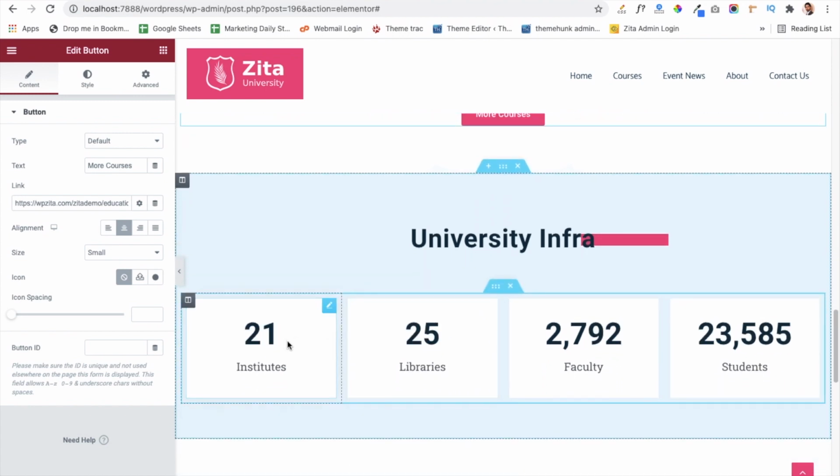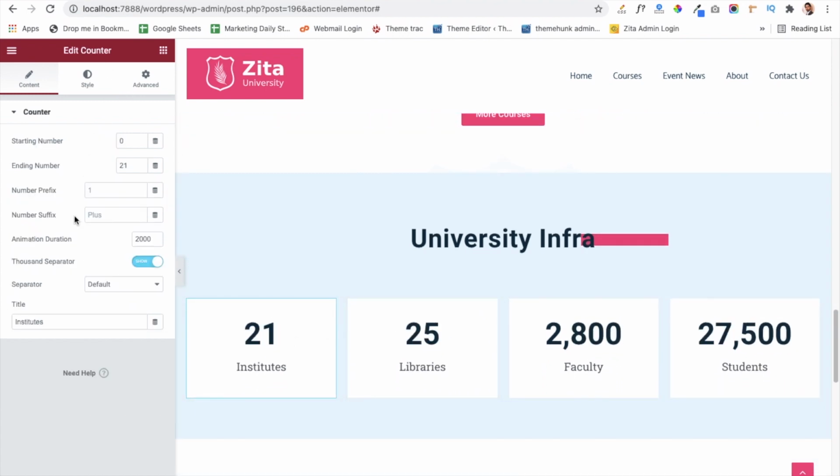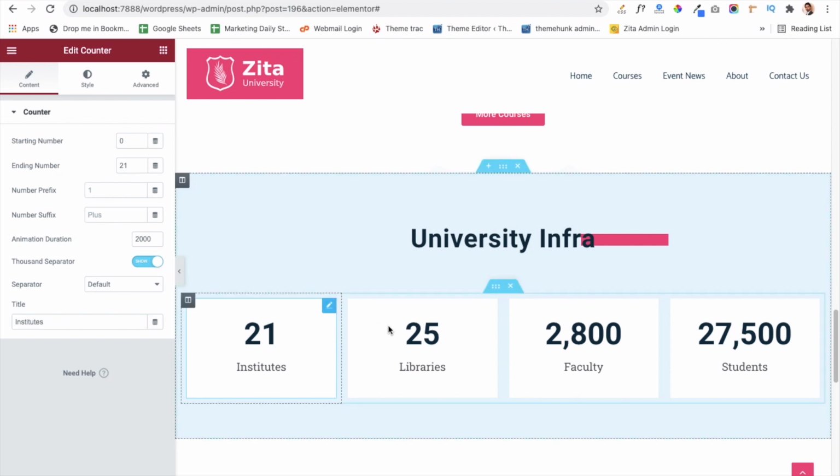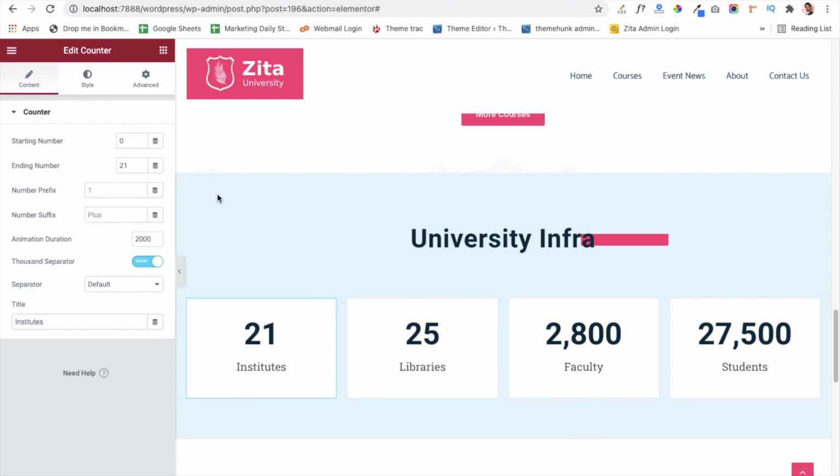After that, we have used a counter module to show details of our university. You can also give a starting number and an ending number for the counter. Some more settings are also available. You can manage them accordingly.